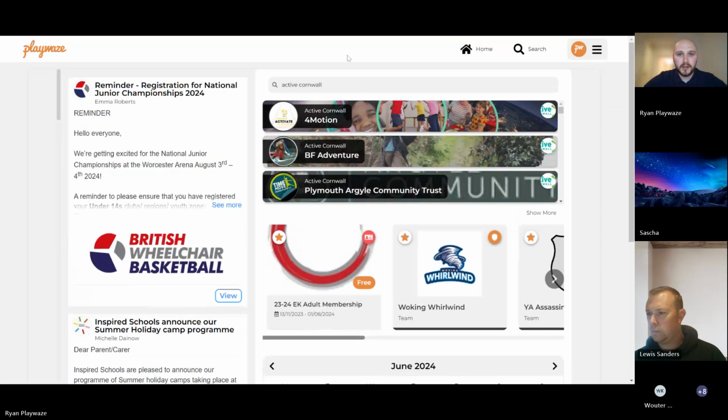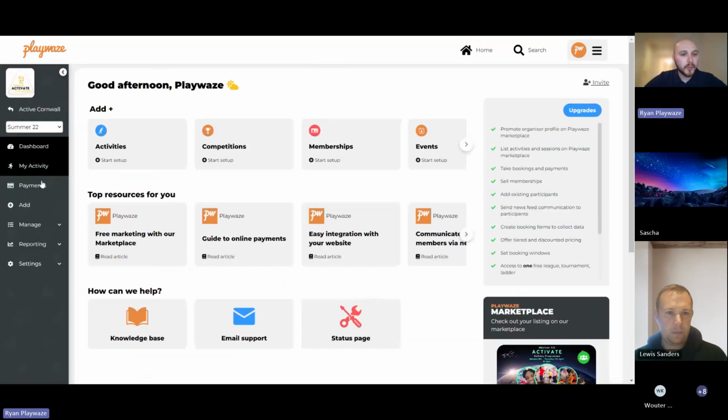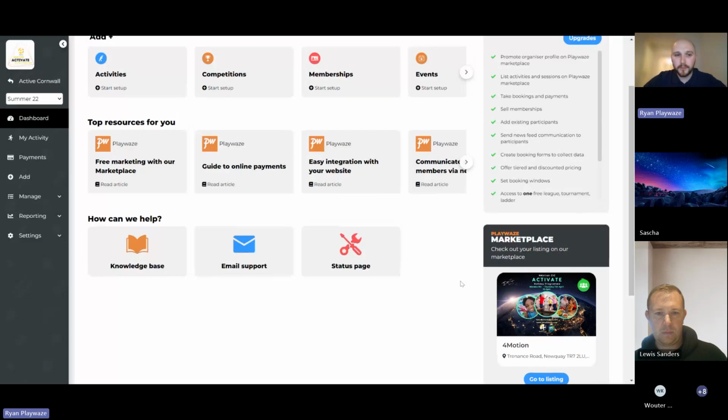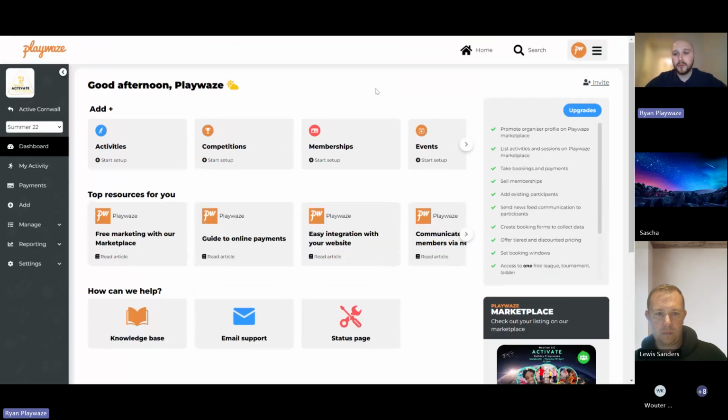it will look a little something like this. Once you've completed the create, you'll be given this basic dashboard. You might find some helpful articles on here. You'll see links to the knowledge base and support again. I've shared both of those in the chat, but you will have access to that at all times. You'll be able to see roughly what your business page looks like, your community in the bottom right here,